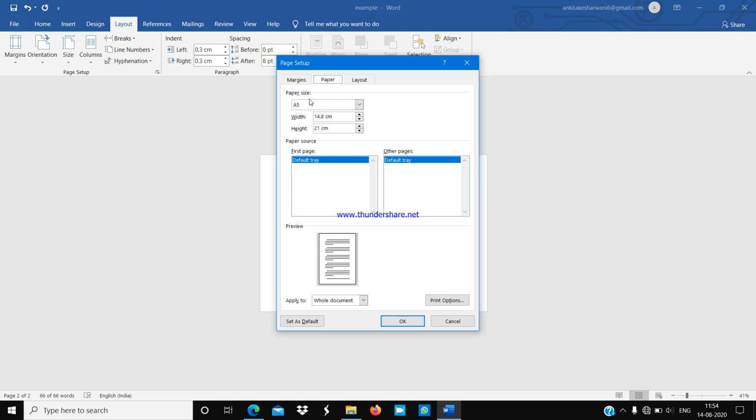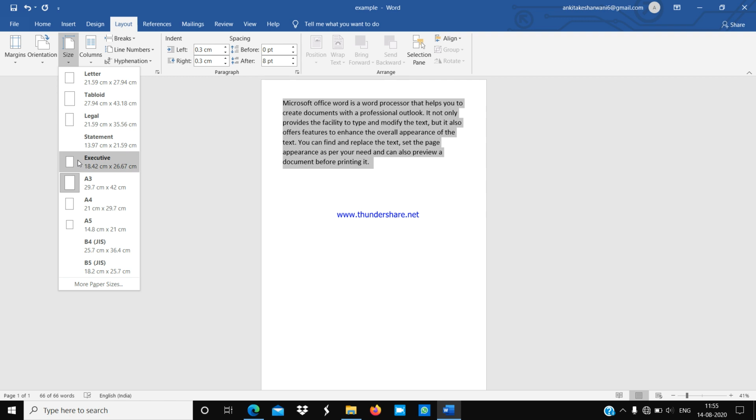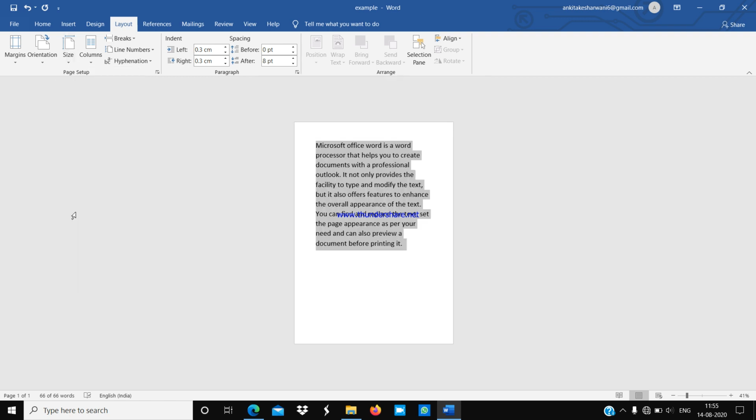Okay. From here you can see paper sizes. From here you can change A4. I am selecting A4. Observe the changes in the preview box and click on OK. It is a preview box, or preview block. From here you can observe the changes. If I am selecting A4, now I am selecting A3. You can observe the changes here. So like that you can change the paper size. Now it is A3. Now I want to select A4. It is now in A4 size.